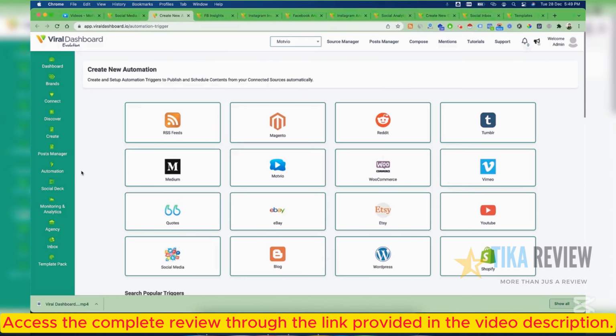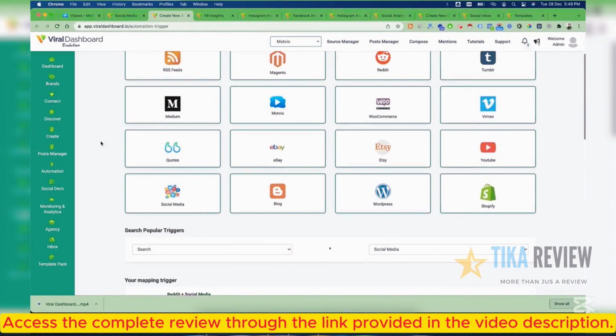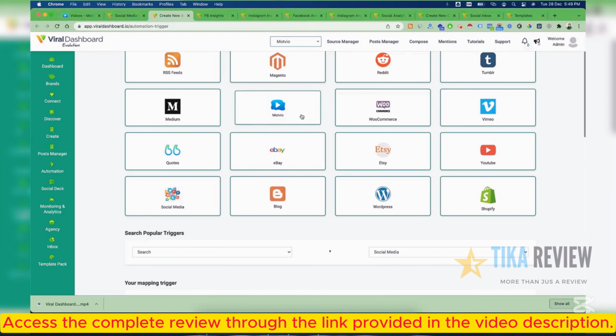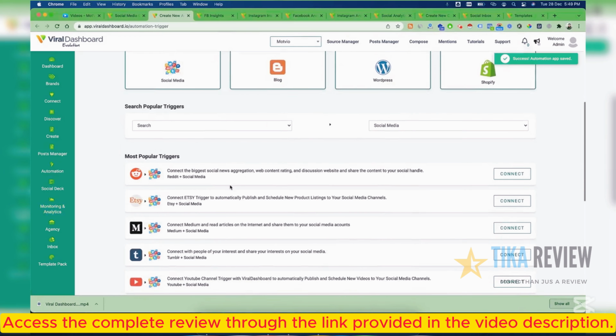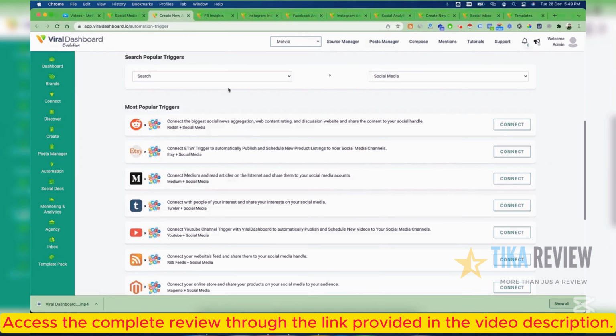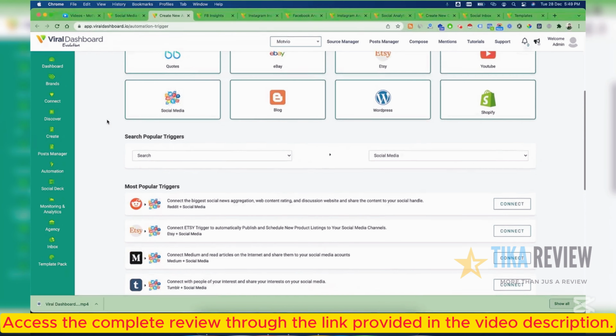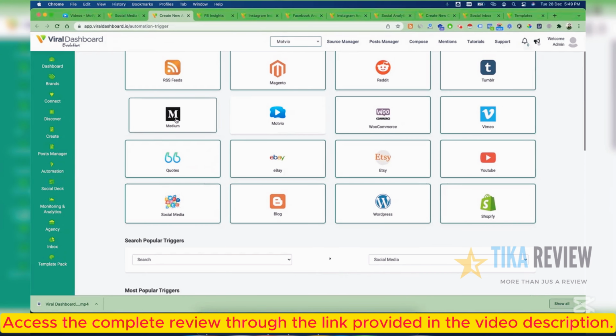Okay, so now coming back to the automation part. This is really very powerful because this allows you to automate the post on your behalf. So right now, if you see here, all these things are selected, which means you have different kinds of automation triggers. So what an automation trigger does is, let's suppose you own a blog on medium.com, which has like 10, 20, 30 different posts, and now you are publishing one post every week. So what you can do here is create an automation trigger in this section from your medium channel,